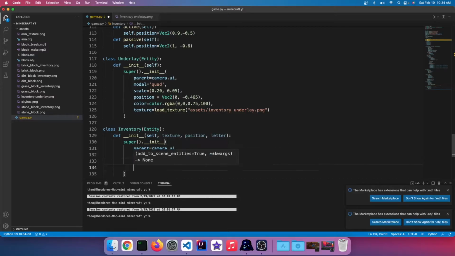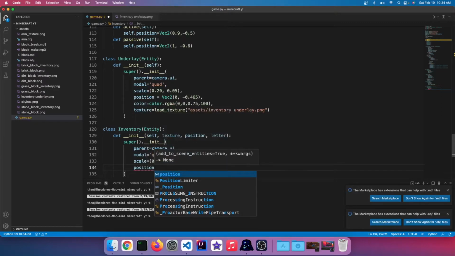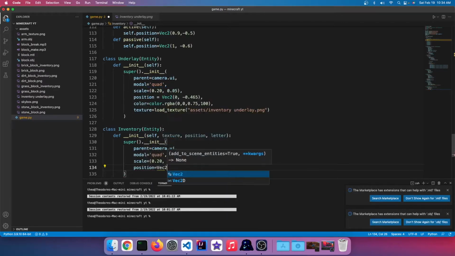So then the position is going to equal, position is equal to vec2. Okay. This will be 0 and negative 0.465. Okay. And the color